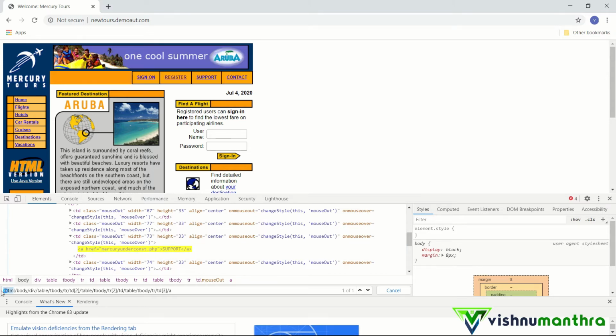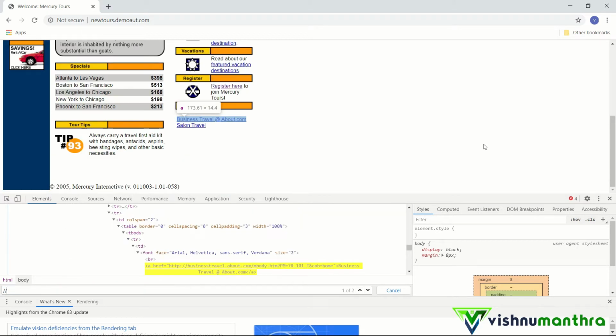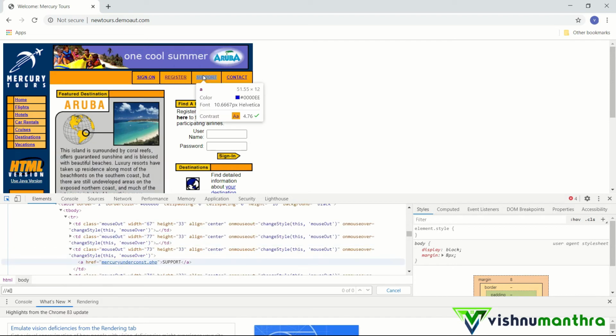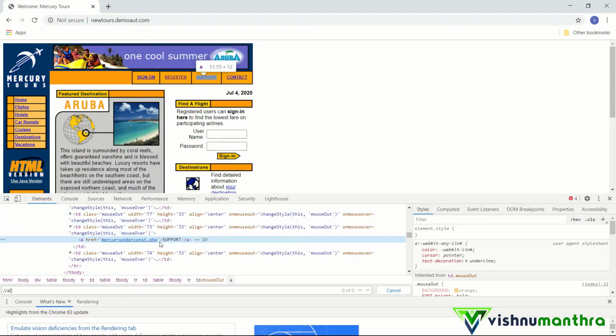And you can see a / everywhere, and that means to come to the immediate element. Everywhere we are using /. So this particular element, if we try to identify using relative XPath, we will have // first, which means it will go and search everywhere inside this DOM structure, and then we will give our tag name. So what was our tag name? That is A. And after the tag name we will have a square bracket. If you see here, we will try to identify it using the text called support.